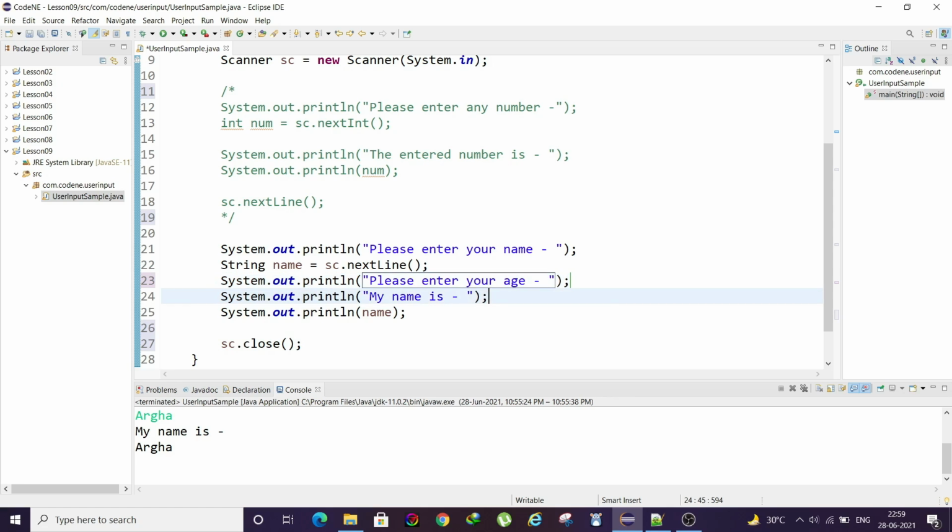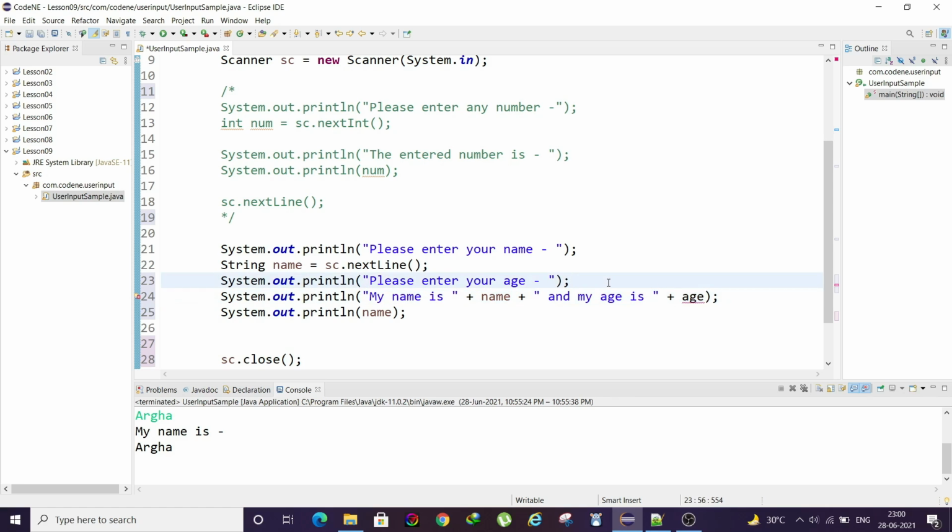Then we can display it. We can remove this, and display it here itself, plus "and my age is", plus.